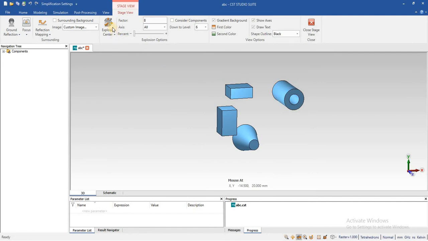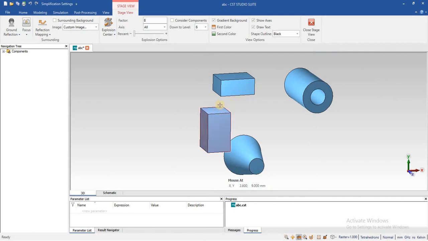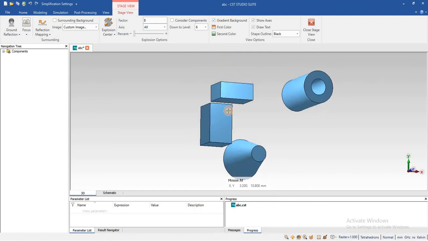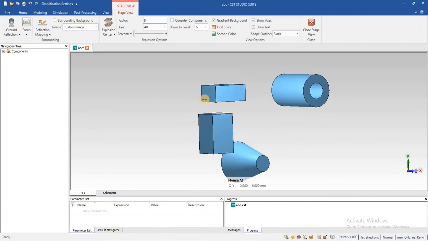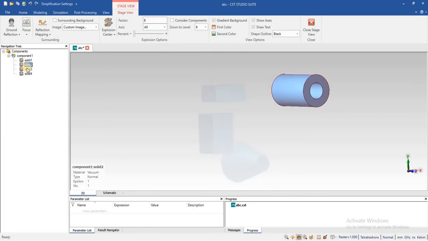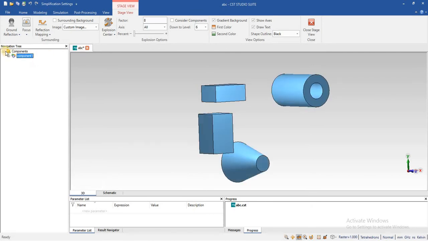The second thing is, when we are working on a complex geometry, we want to study this object from this side, but the other object may distract. You can also hide this object. One way is just to hide this object and work on the other object. But there is a second method. You can move it as a center.